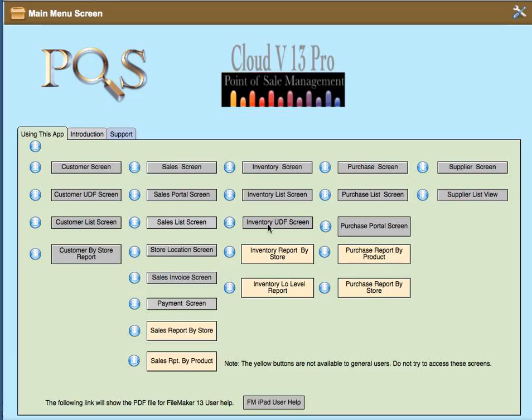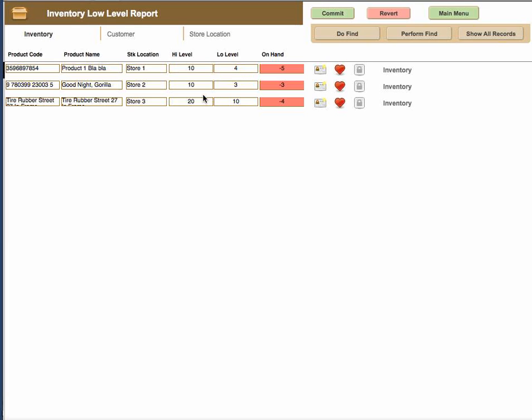In this video help, I'm going to be covering the inventory low-level report under the inventory main screen. So let's go there. In the inventory low-level report, what we're looking for are any stock items in inventory that have a low level of minus or lower than the low level. So if something was in here and it was down to 4 or 3, then it would go ahead and